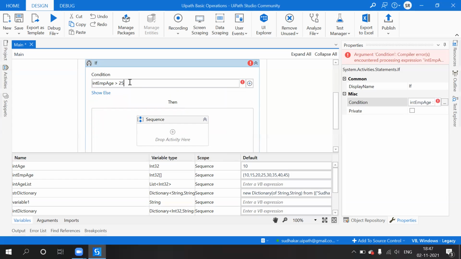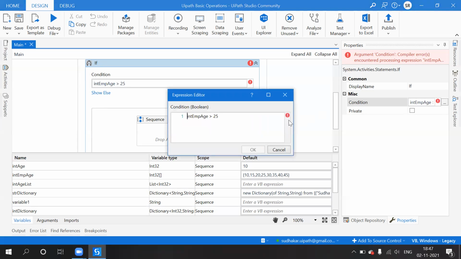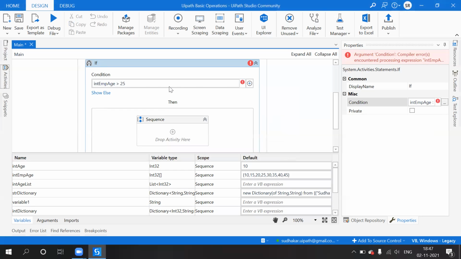See, here I am getting an error. It is defined as a one dimensional array of integer, and this is not a one dimensional array. So how can you do that?